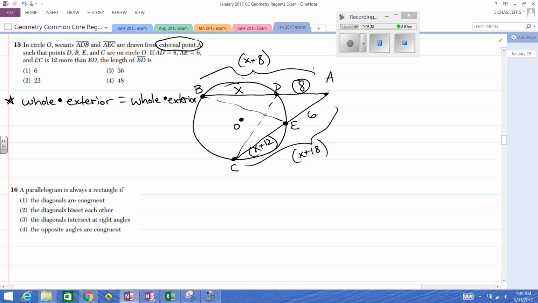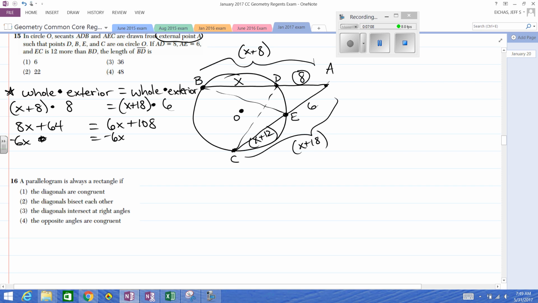The whole thing on AB is x plus 8, okay? And the outside part is 8. Now the whole thing on AC is x plus 18, and the outside part is 6. Now, we could distribute. There's probably quicker ways, but let's just do this to try not to leave anybody behind. I think that's 108. Okay, so we're going to subtract 6x,